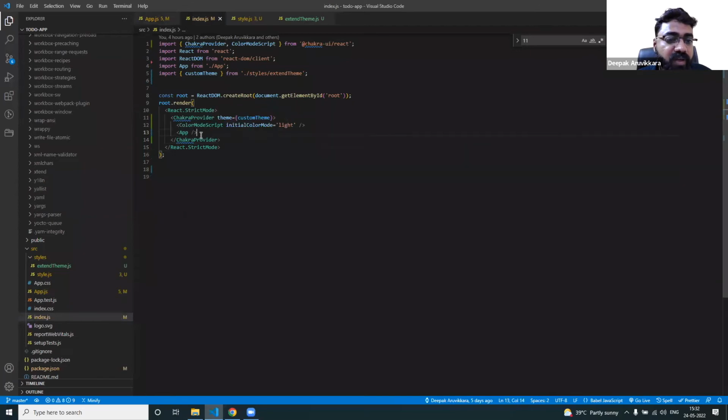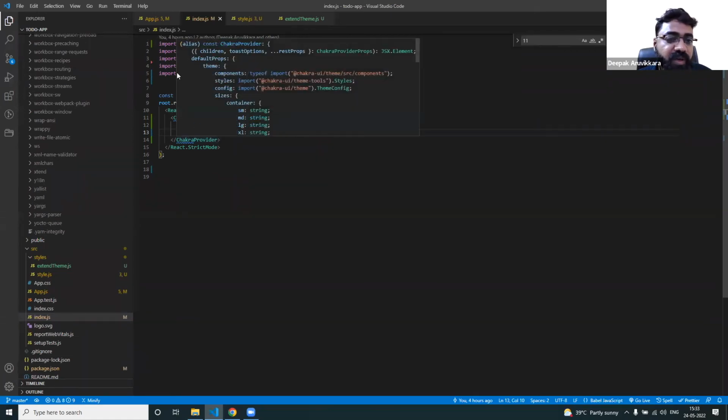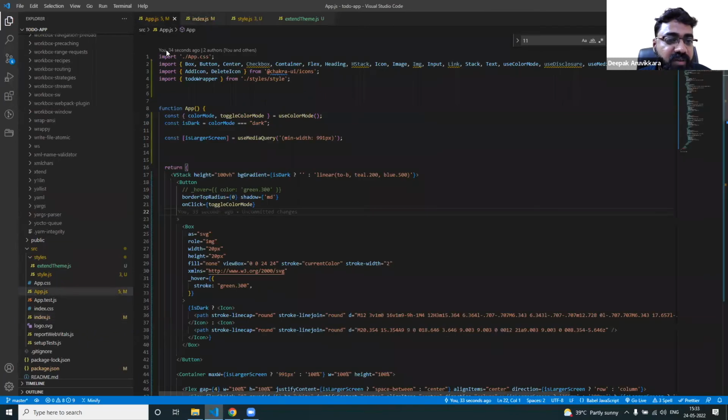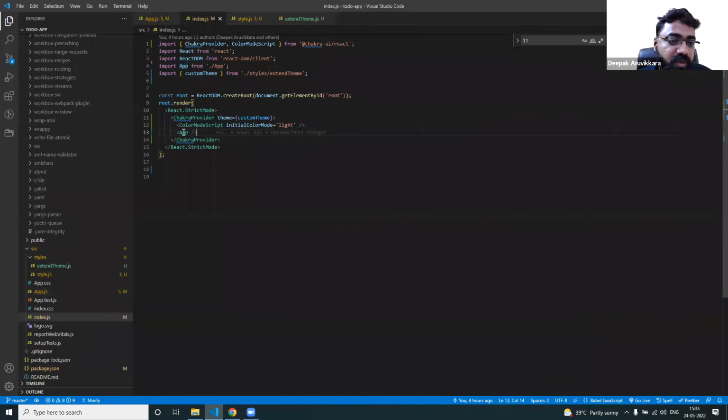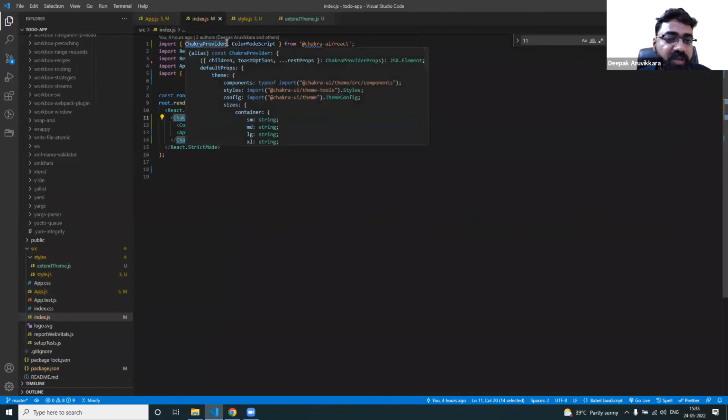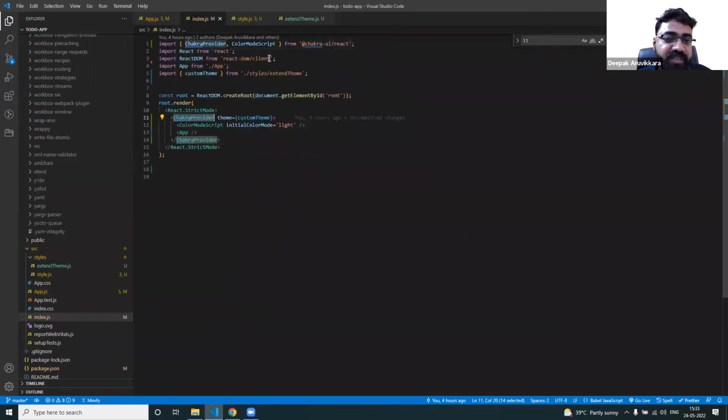As I told earlier, this is the main page, and all the components are rendered to this page in the app component. The app component is this code, and the entire code will be rendered to this area, and this main component is wrapped with our Chakra provider, which is already imported here from Chakra UI React. And how the color mode is working is